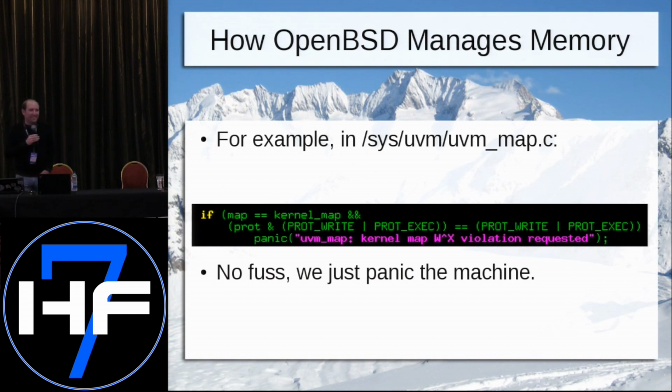So what we could do, like some other Unix-style operating systems out there, is just printf and say, you've asked for a bad mapping, but what does that do? That's opt-in security. We have security enforced by default. You can't turn this off. I don't want to know 20 years later that yesterday I made a bad allocation, because who knows what's happened since then. So this is what happens up front in our UVM layer. If you attempt to do this, you're dead.